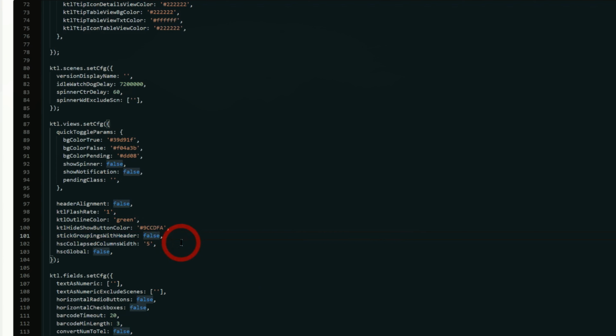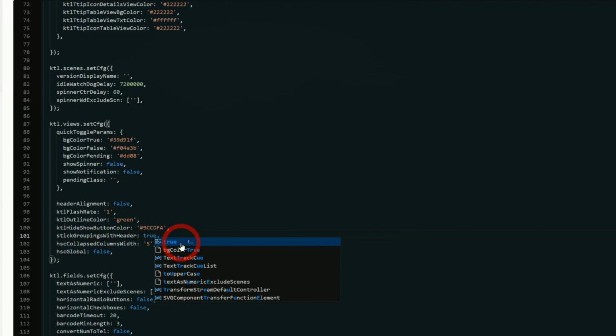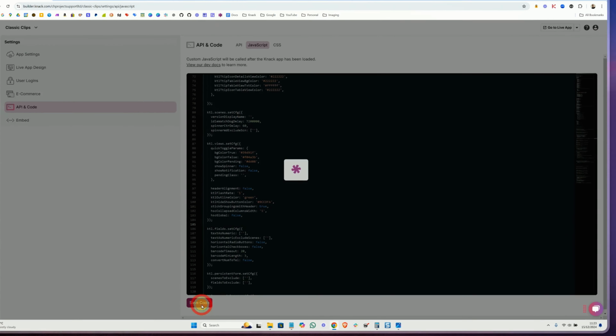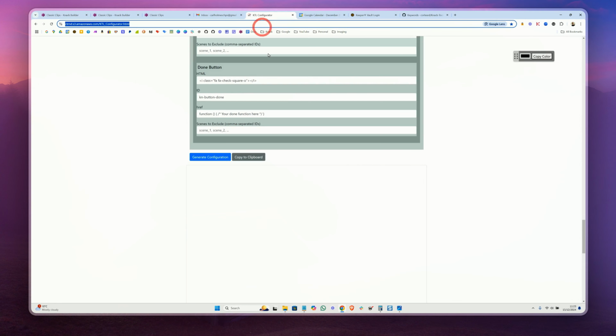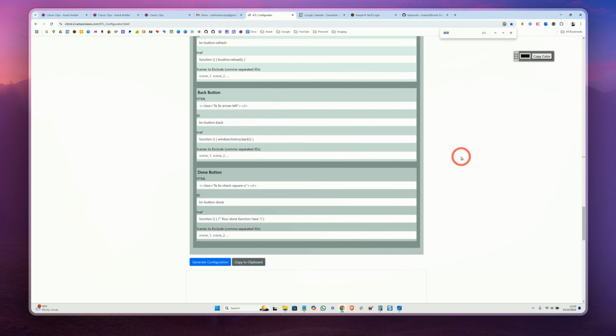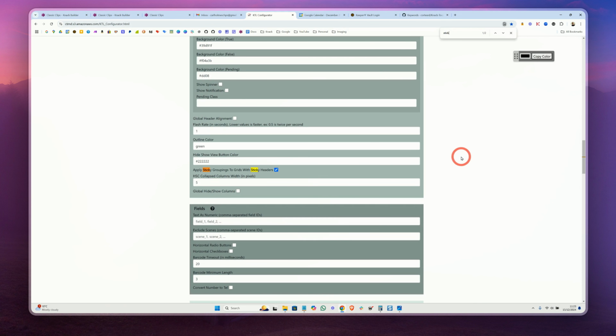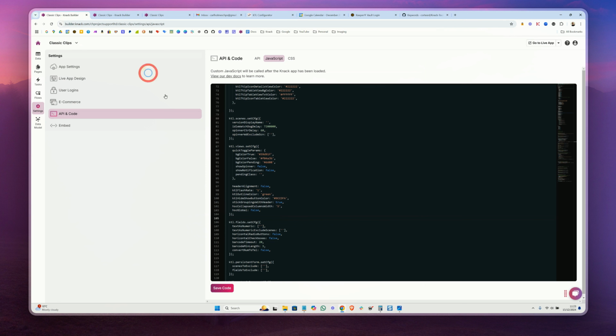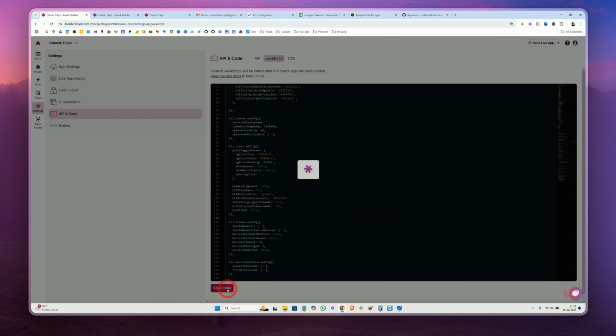So all you need to do is change false to true, which is the same as if you're setting this up using the configurator. If I jump back to there, I just type stick. This is the option on the configurator to apply sticky groupings to grids with sticky headers. And when you check that box, that simply sets this value as true. So if I save that,